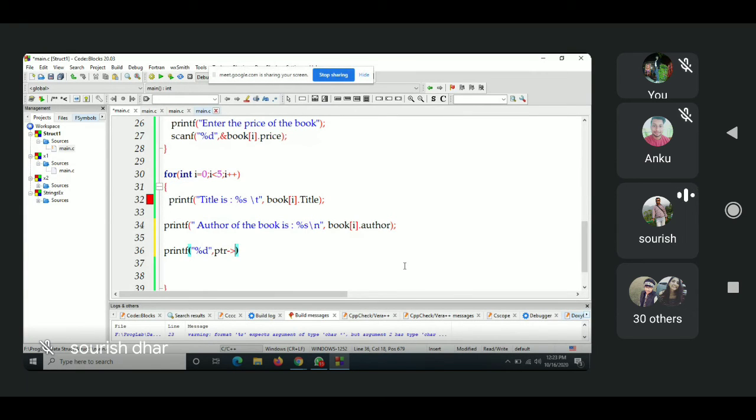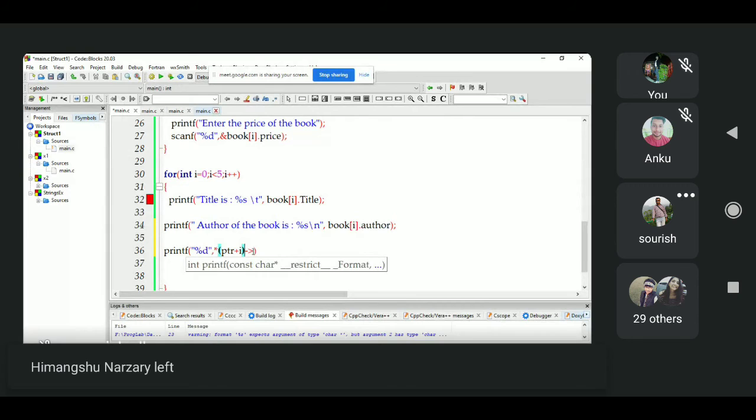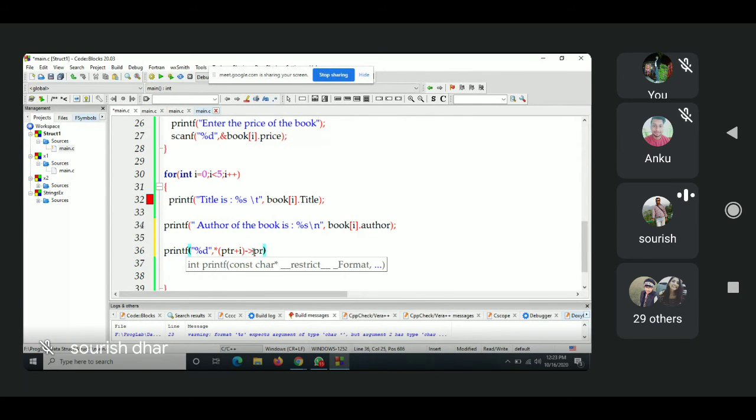What is the name of... I would say space, instead of slash t, slash t.